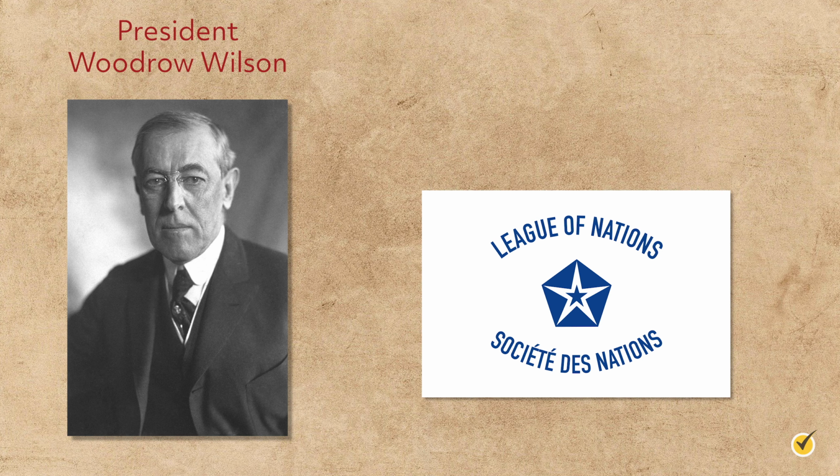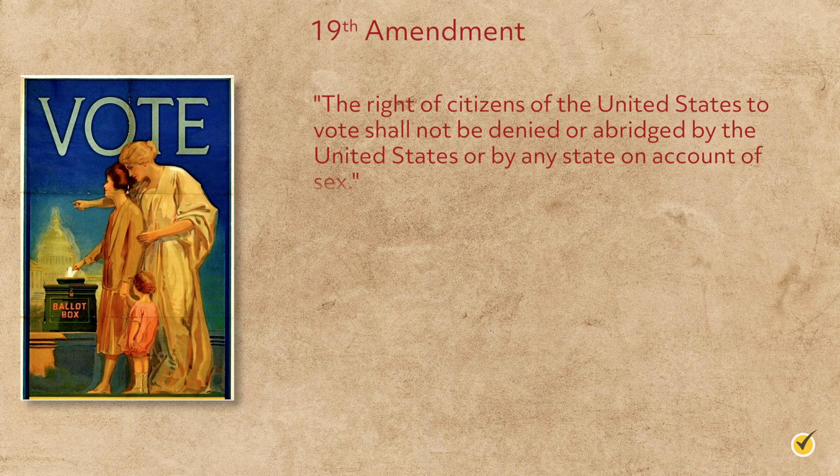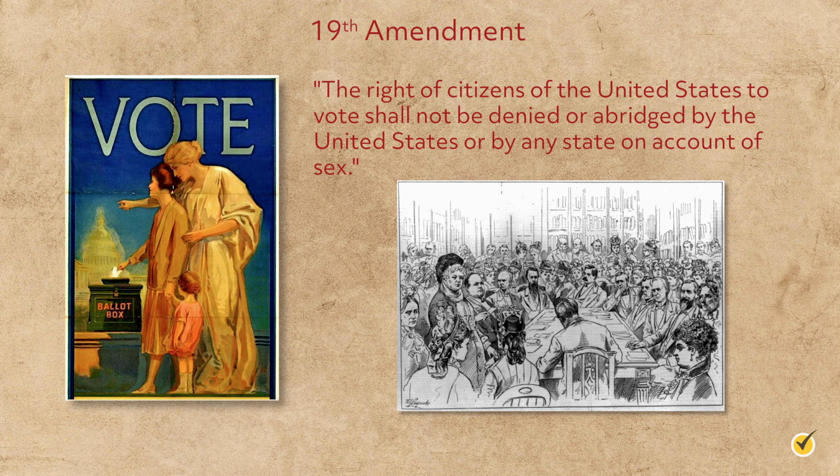Two amendments also passed in this eventful year, the 18th and 19th Amendments. The 18th Amendment prohibited the manufacture and sale of alcohol. This seemingly extreme measure had already been in place in several states from 1917 and did not attract a great deal of controversy at the time. The 19th Amendment granted women the right to vote, a right that would soon be exercised in the 1920 presidential